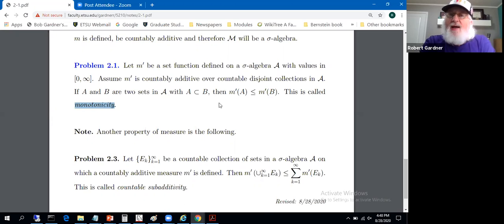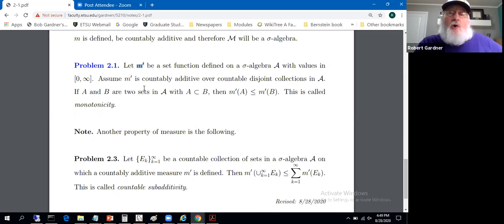Monotonicity is a useful property of measure. What are we talking about? I guess I shouldn't even say measure. We're talking about a set function that satisfies countable additivity. Yeah, I shouldn't call it a measure. It doesn't satisfy that M prime of an interval is its length. They didn't say anything about that, so I can't assume it. But Lebesgue measure will be a measure like this, and so Lebesgue measure will satisfy this property of monotonicity. The textbook doesn't put a prime on this measure. I'm saving the italic little m to mean Lebesgue measure. This is not necessarily Lebesgue measure, so I put a little prime on it to distinguish it.